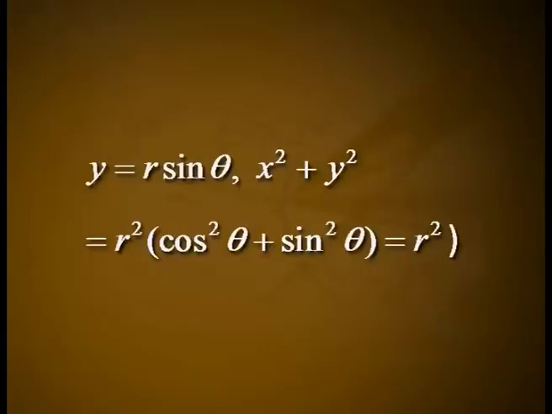The z limits of integration. A line M through a typical point (r, θ) in R parallel to the z axis enters D at z = 0 and leaves at z = r². Here we have used the fact that with x = r cos θ and y = r sin θ, x² + y² = r²(cos²θ + sin²θ), which is equal to r².